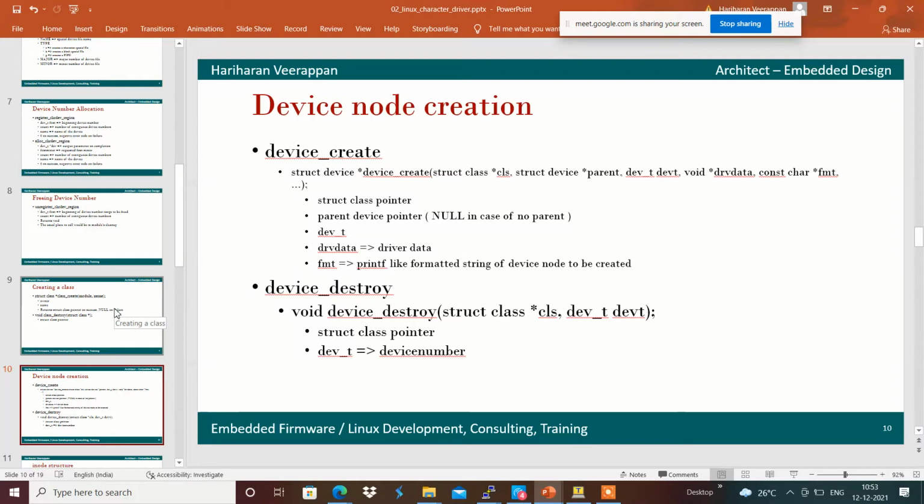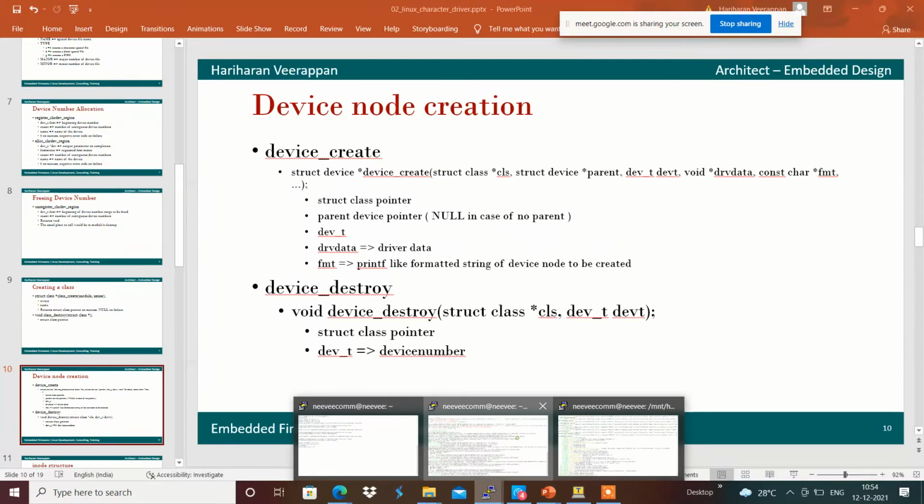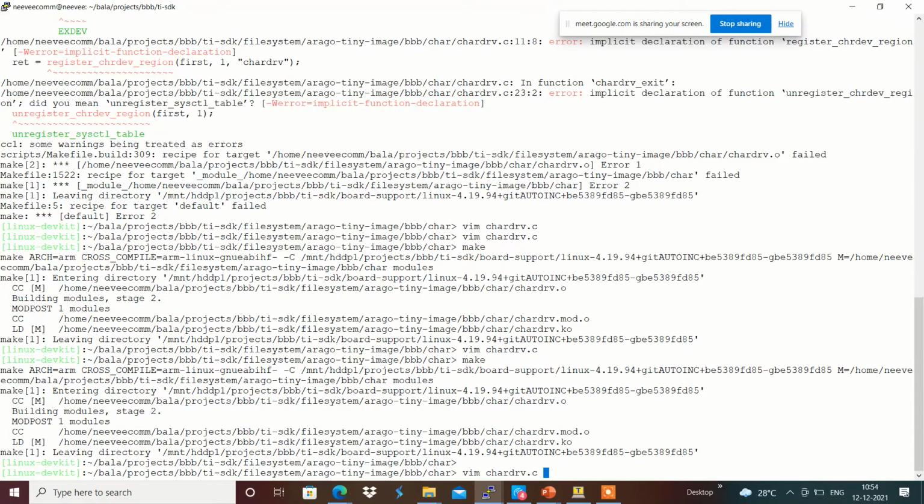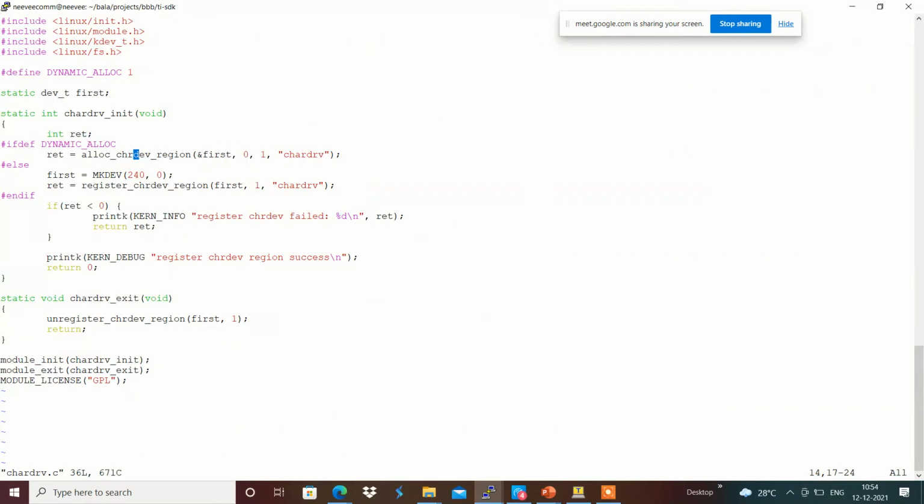So what is the difference between register and alloc, and why does that number change from 240 to 243? Register is basically to register a character driver with our specified static major number. For example, register does it with 240, statically providing the number we wanted to create.